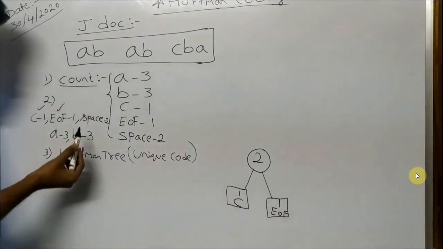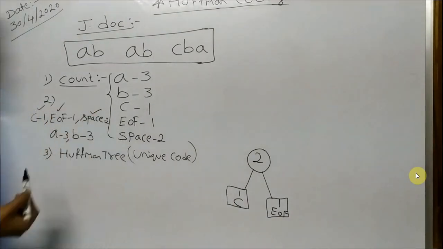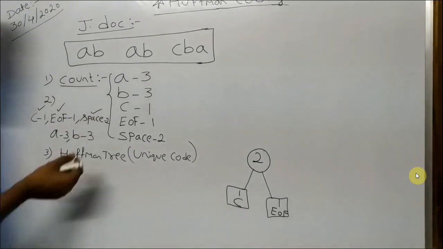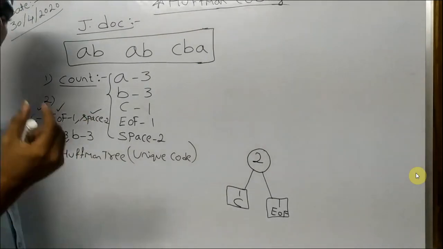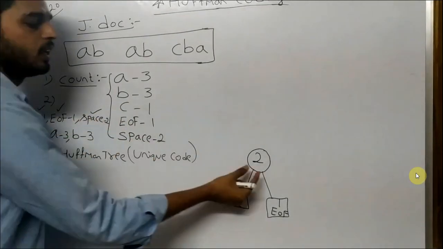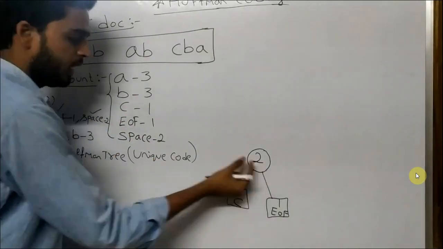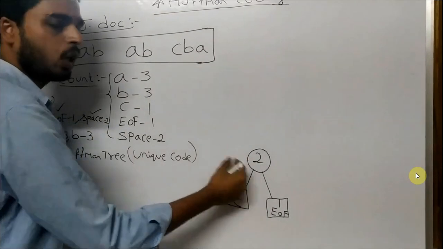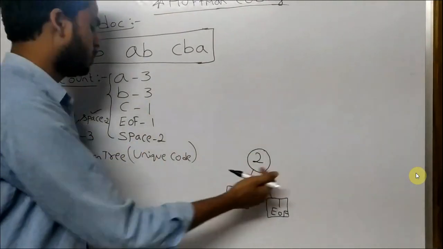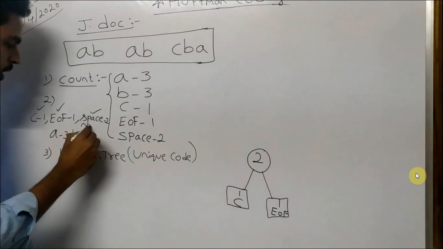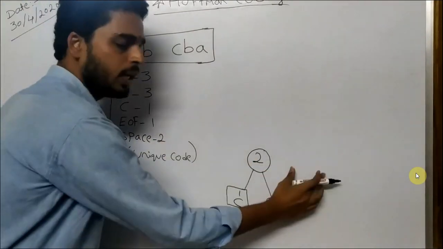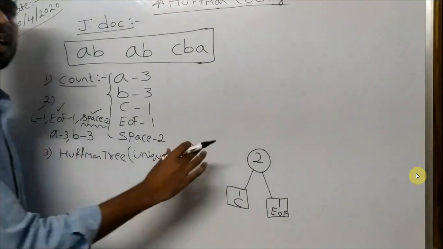In the next step, you need to take the space. Why do I need to take space? I need to allocate a unique code for this one, right? So I need to take space, right? Now I am going to compare this space with the corresponding element, right? Is 2 less than 2, or 2 greater than 2, or 2 equal to 2? If 2 is greater than 2, I mean whatever character we are going to add, if it is greater than the parent element, then I am going to add it to the right side. If it is less than, I am going to add to the left.